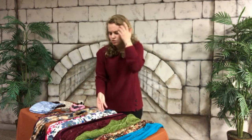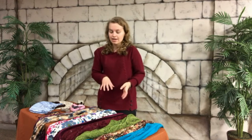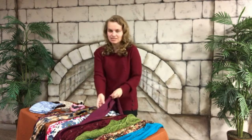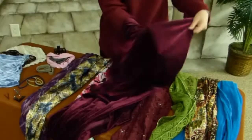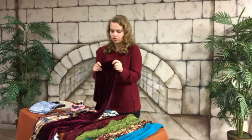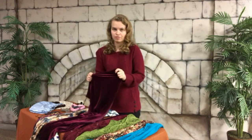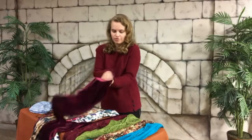A lot of patterned scarves that have texture only have it on one side, and usually it's the right side of the fabric, which you want to see on your head, versus the other side. And this one shows it most drastically, because you've got this nice velvet on the outside, which has so much texture. Velvet is a great fabric if you want to keep your scarf on your head. But if you turn it over, I don't know if you can hear that, but it's quite slick